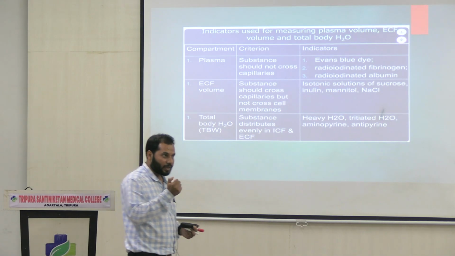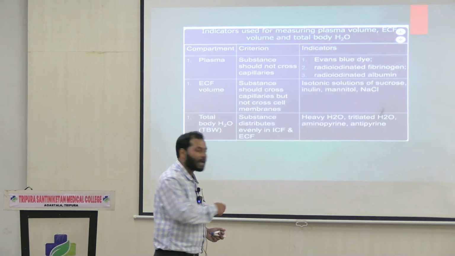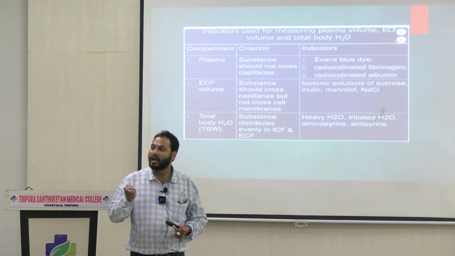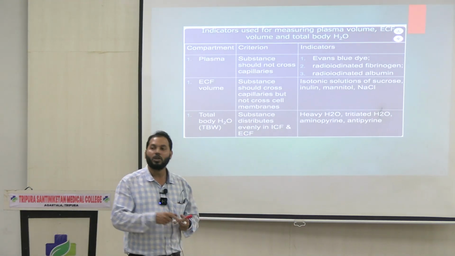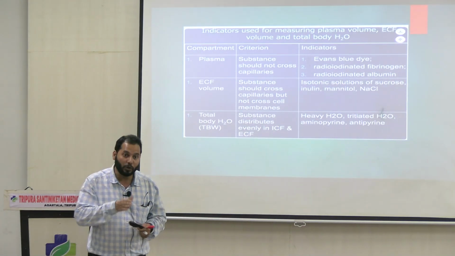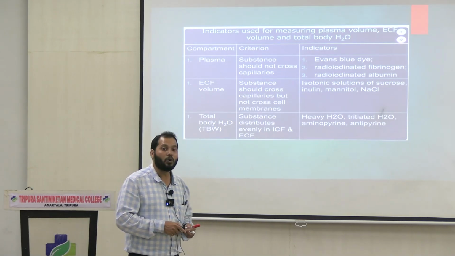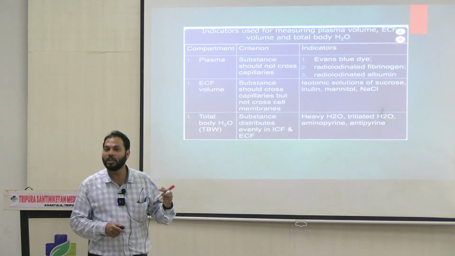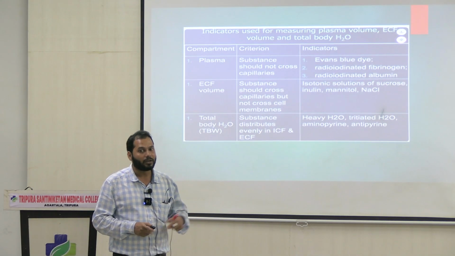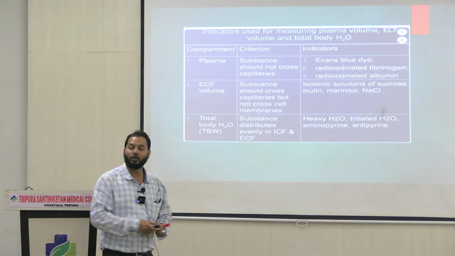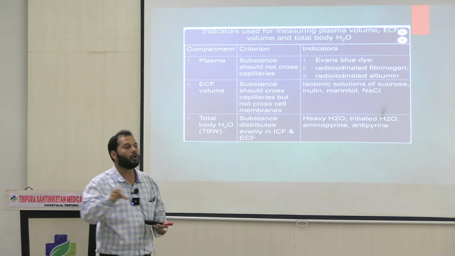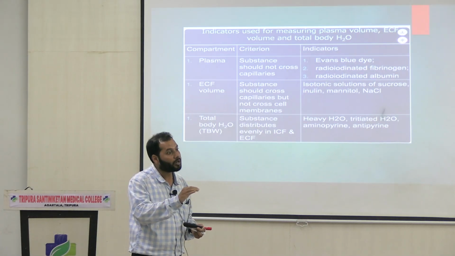If you use this type of dye, the dye can easily cross the capillary wall to the interstitial fluid, right? Up to the interstitial fluid, but it doesn't allow the dye to move inside the cell. So whatever volume we get using this type of dye will be restricted to the extracellular fluid volume only,